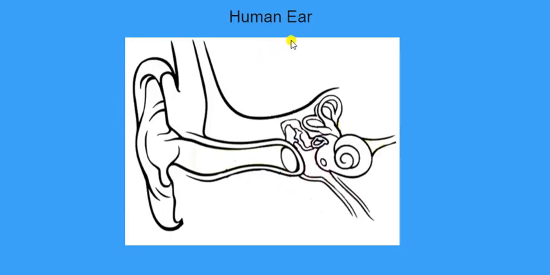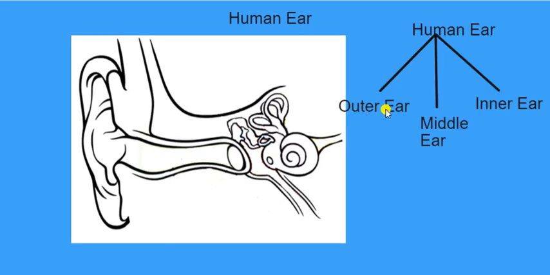Ear is the organ of our body which helps us in hearing, detecting the sounds, and it helps us to understand the message conveyed through a particular sound. We need to have a closer look at the structure of the ear. First of all, we need to know the three major parts of human ear. The human ear is divided into three major parts: outer ear, middle ear, and the inner ear.